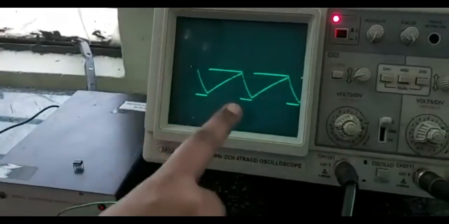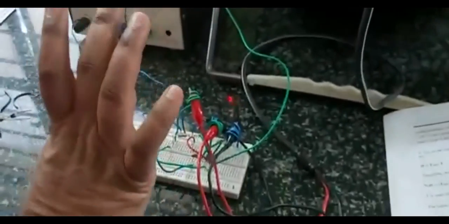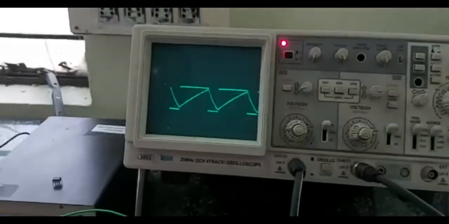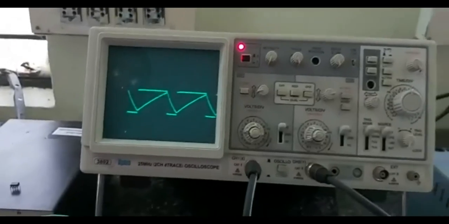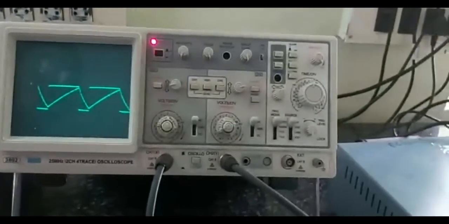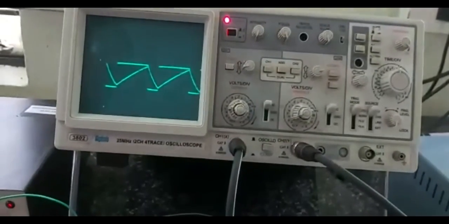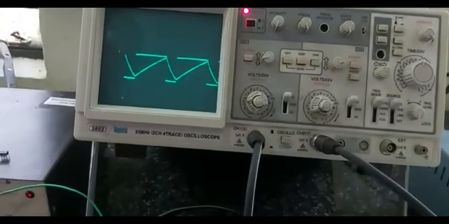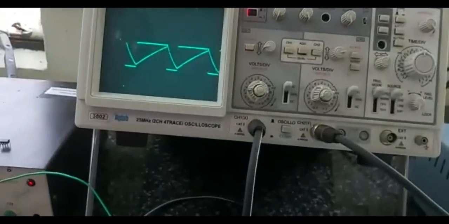In my astable multivibrator, remember that I have used only the power supply which is required for the operation of the 555 timer and the CRO. When we do other multivibrators, other than the astable, that is monostable, I will be making use of a triggering pulse. I will require an extra triggering pulse so that I can move from the stable state to the other unstable state. Okay, thank you.